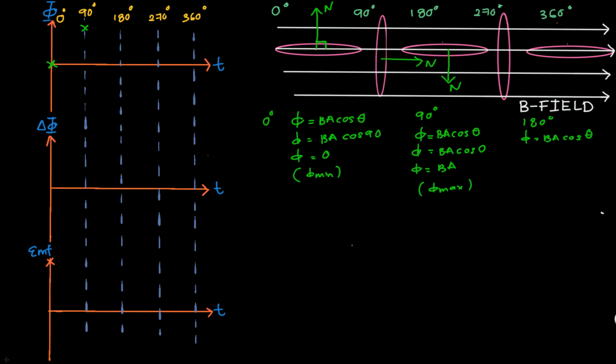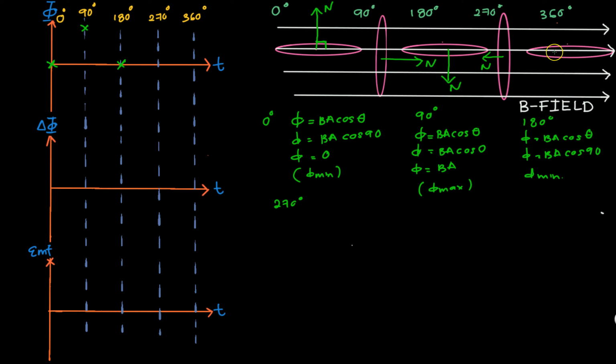And this time, the angle here is going to be again 90 degrees, by acting in the opposite direction. Flux equals BA cos 90. And therefore, you're going to get a 0 flux again, minimum flux at this point. So let's label the third point here, which is going to be equal to minimum flux. At 270 degrees now, the normal is now acting towards the left, whereas the magnetic field